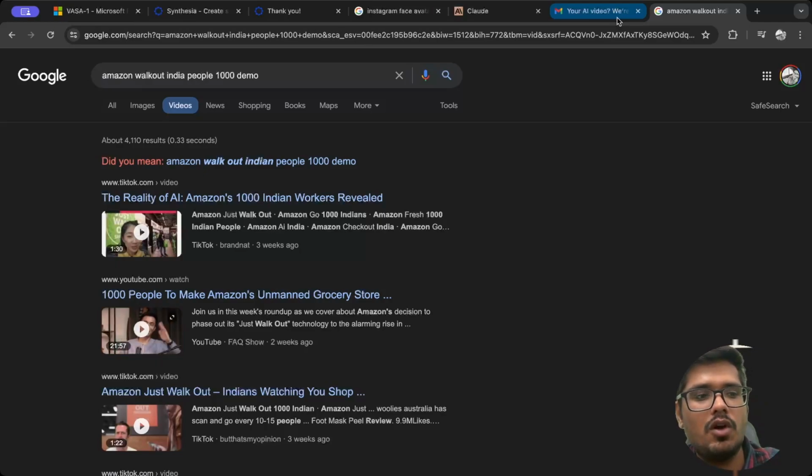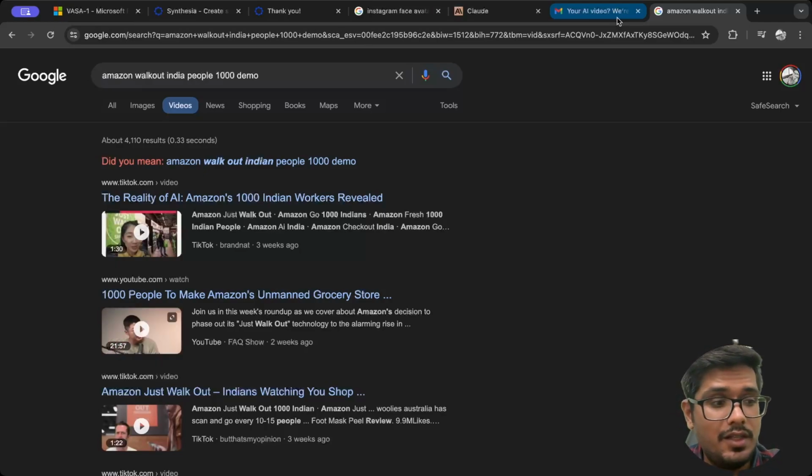Now, while this seemed automatic and they made it seem automatic, it wasn't. There were 1,000 people sitting in India labeling each of the items. And this is not old news in tech. A lot of companies do this, and almost all the AI companies do this. So while it seems cutting edge and you would think that AI is automating things, eventually what is happening is that a lot of back-end fine-tuning is happening to train the model to do certain things. But having 1,000 people to label things is just bad for a company like Amazon.